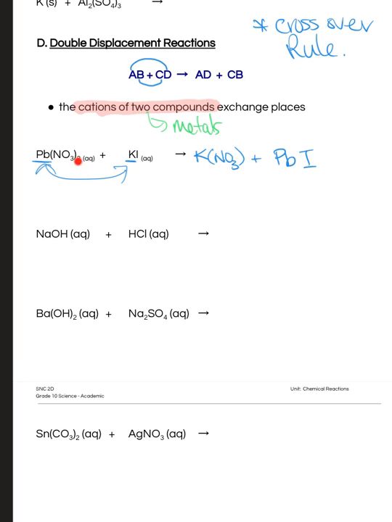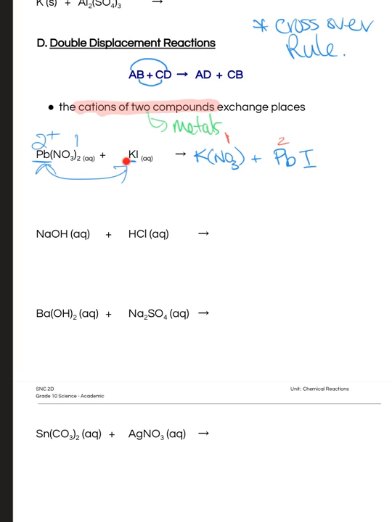So I know that this 2 right here was really the charge of my lead. And this 1 that I don't see right here is really the charge of my nitrate. The same thing is going to happen over here. This is still going to have a charge of 1. This is still going to have a charge of 2. I also know from looking at this that I'm not really dealing with any subscripts here. So this was either reduced